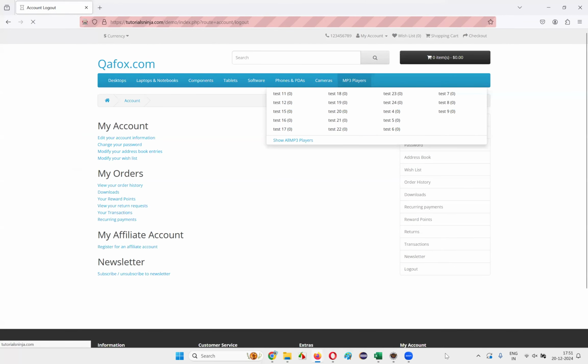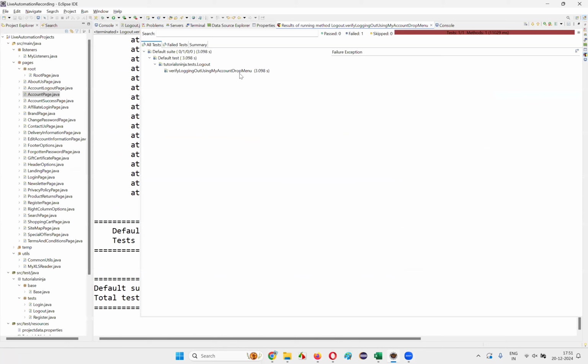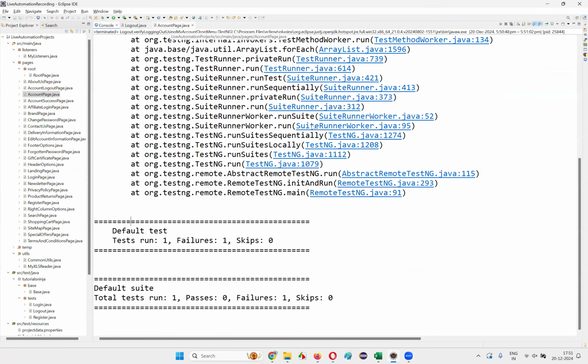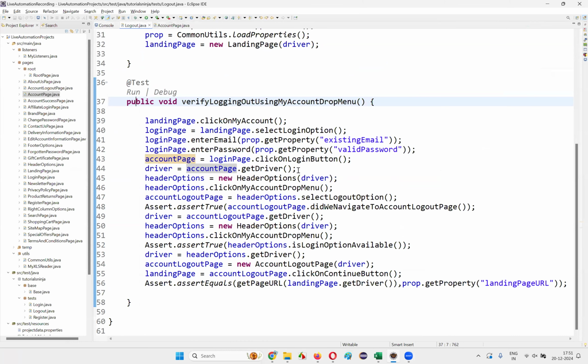Yeah, it's working fine now. Again, it stopped. Again, the same issue may come here. So the problem here is very simple, guys. Whenever we are getting the driver, it's asking us to create the get driver method. Is there any way I can overcome this problem, where I'll still be able to create that get driver method